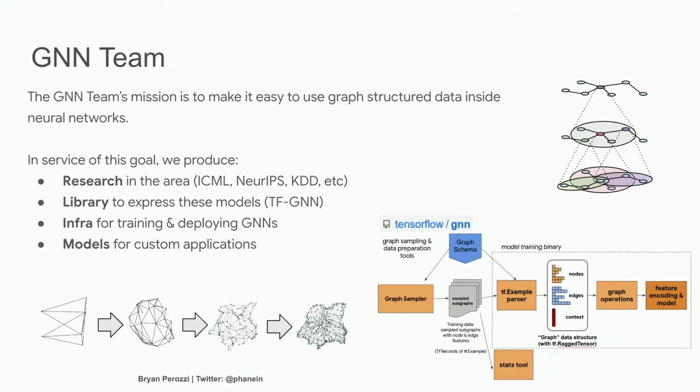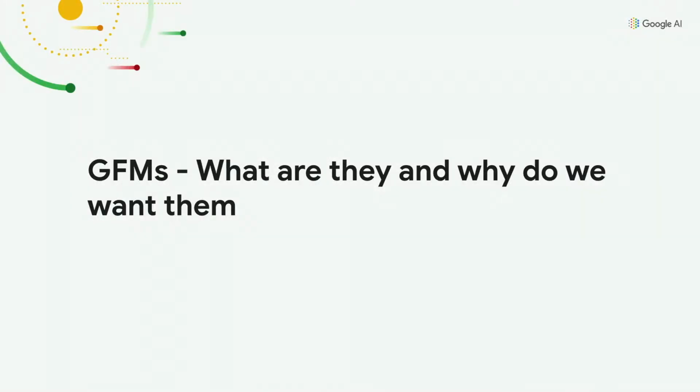And in particular, our GNN team is doing a lot of work on enabling graph structured data inside Google, and we're focusing on several major areas like research, publishing papers, doing some open source work, hopefully more JAX coming soon. We're working a lot on the infra and system level, and we do a lot of first-party models for different product groups. Okay, so after that,